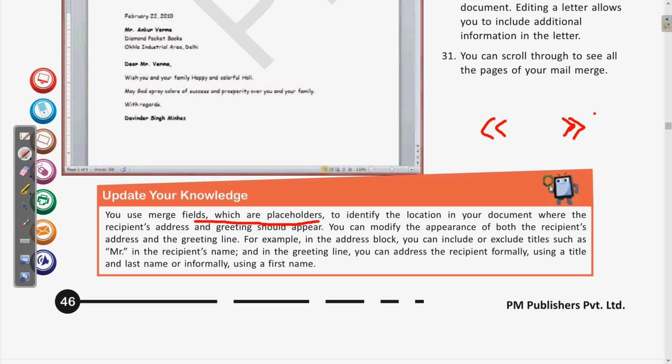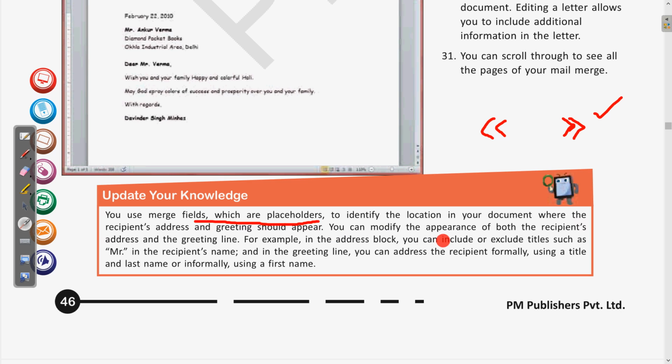So these are the placeholders, used to identify the location in your document where the recipient address and the greeting should appear. So we identify the place where you want to include the address of that person or the greeting of that person.